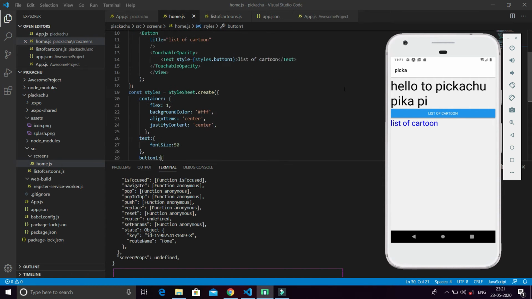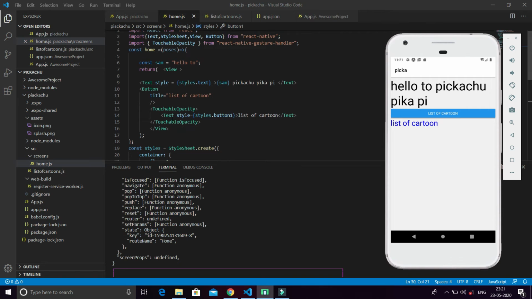So firstly let's talk about the difference between the button view and the touchable opacity view. When you click this, you see the color changes and it looks nice, but the button is a typical Android button, which we have seen here. With touchable opacity we can make the button out of anything, like we can put an image view, which I will show in the upcoming videos. So we can make the button an image or anything. Touchable opacity works well, and it does not look like a typical Android button.